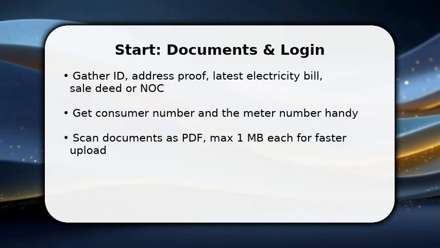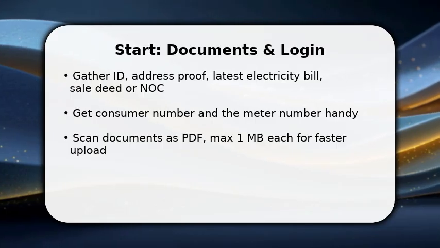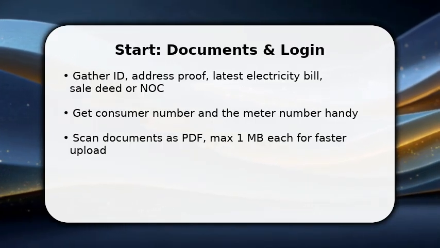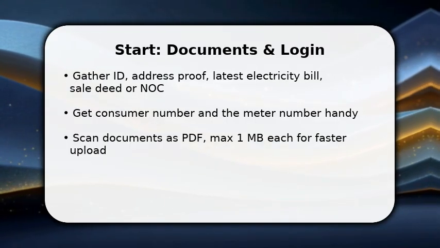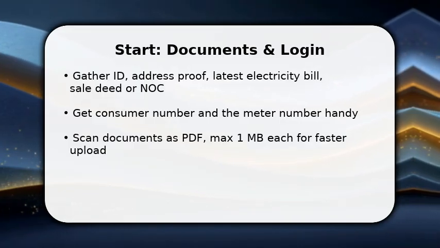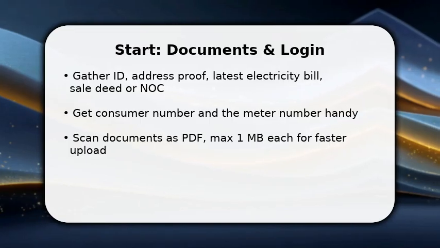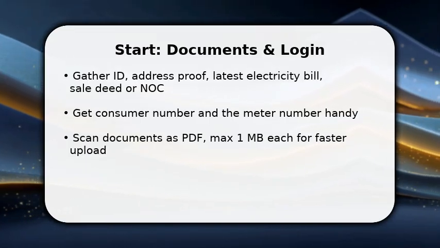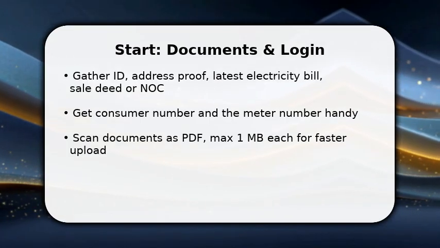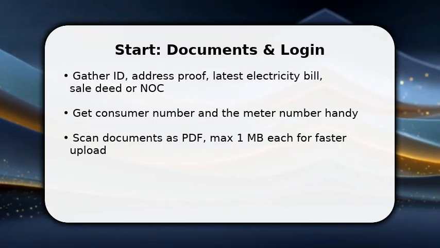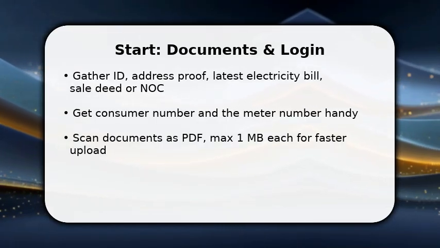You begin by collecting the mandatory documents and logging into the KSEB portal. You need the consumer number and meter number from the latest bill. These identify the connection. Once done, scan and name PDFs clearly so uploads match form fields. Make sure the new owner's ID and the signed sale deed, or NOC, are legible, because the system validates file